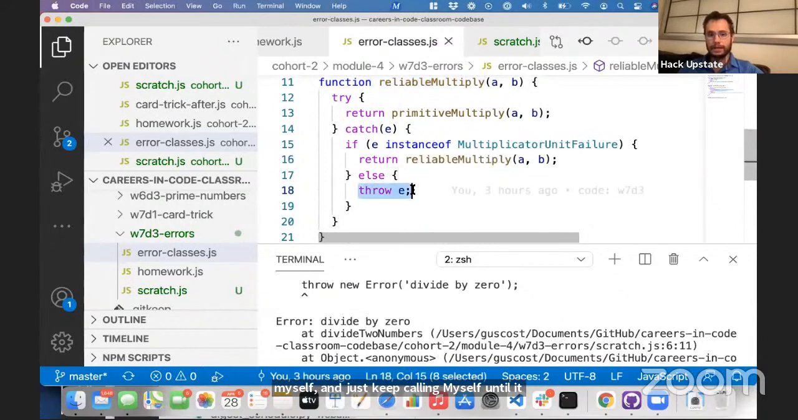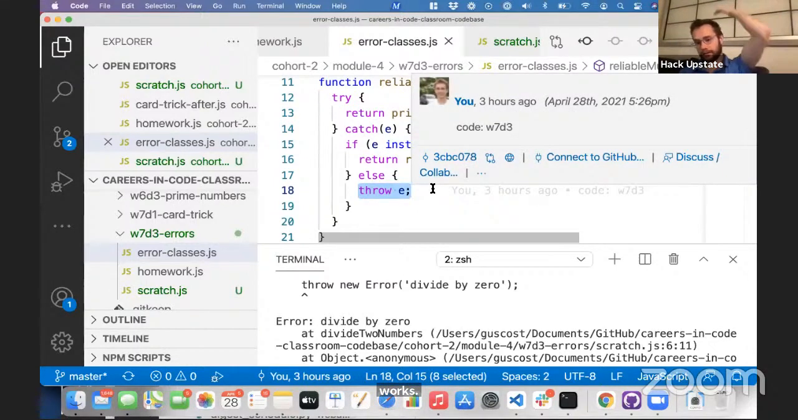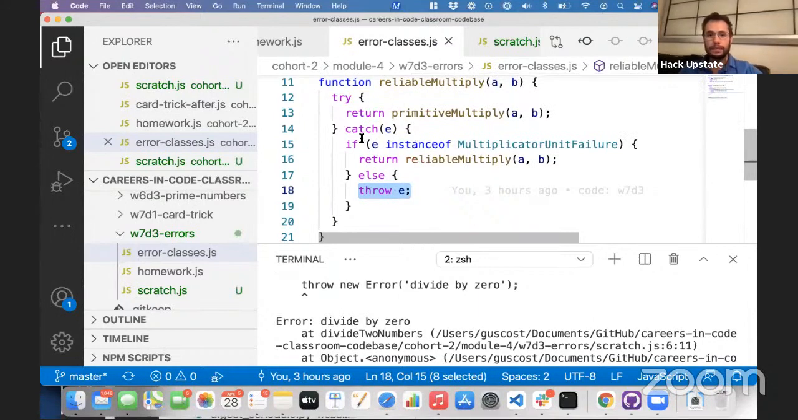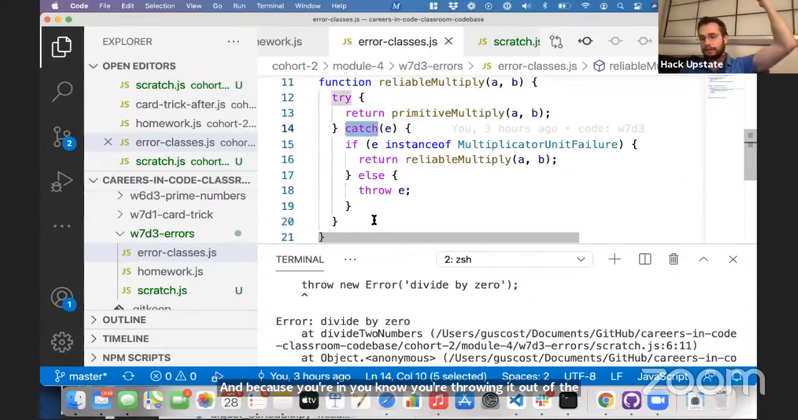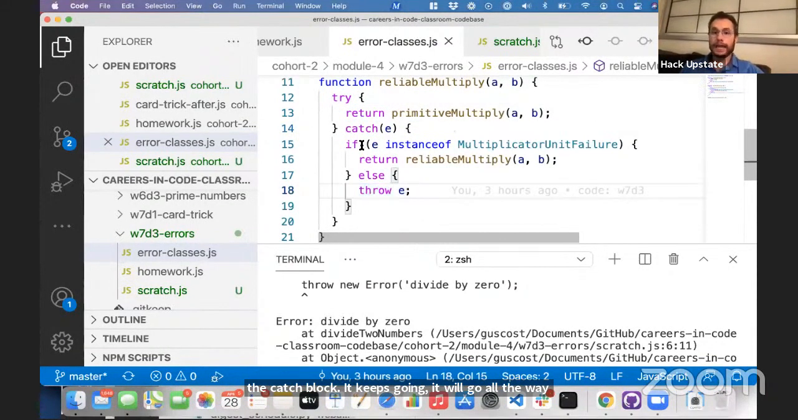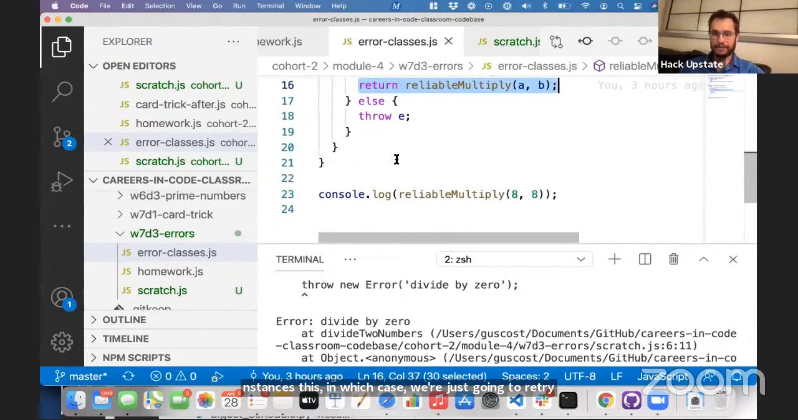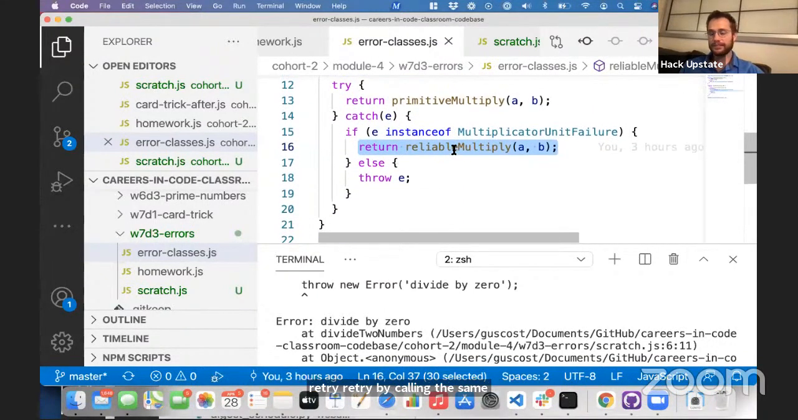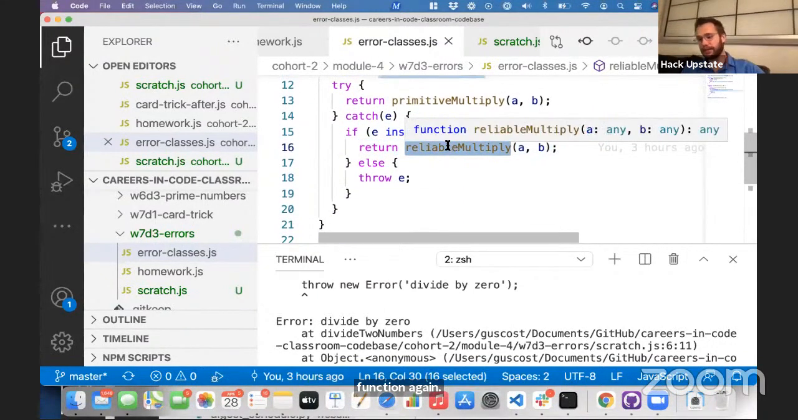So catch any other error. If it's not an instance of this, we're just going to throw it again. Say, wait, somebody else handle this error. And because you're throwing it out of the catch block, it keeps going. It'll go all the way up and crash your program this time. Unless it's the instance of this, in which case we're just going to retry by calling the same function again. This is a lovely way to introduce recursion, but again,